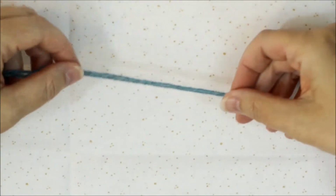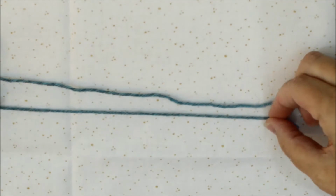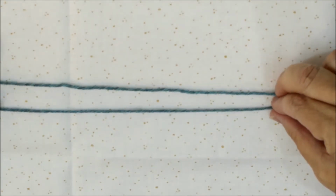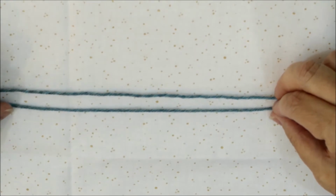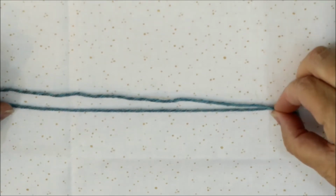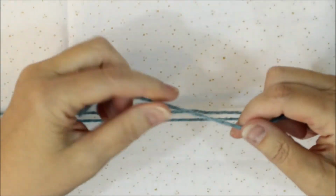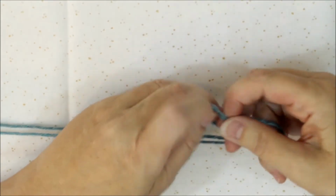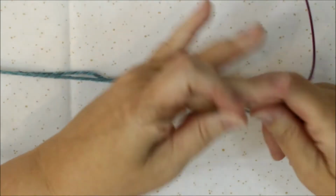It's rather simple. I start with 2 strands of yarn, one strand coming from the center of the ball and the other coming from the outside of the ball. This way I don't have to measure or try to guess how much yarn I need for the number of stitches that I need to cast on. I will take this and make a temporary knot, and then with my needle